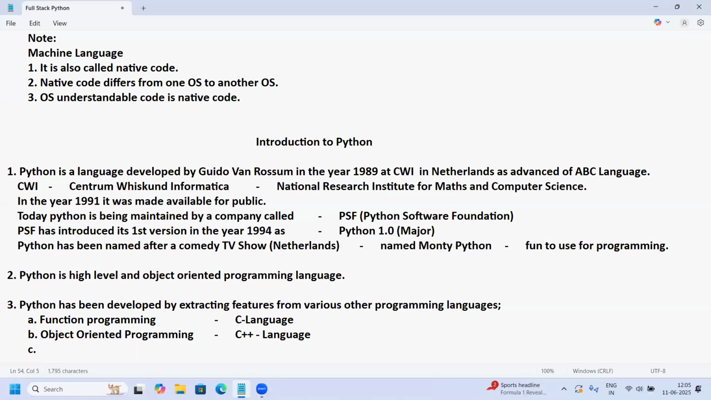Clear? Comfortable? Right? Third line. Python even has support for something called scripting. Python has even support of what? Scripting. This scripting they extracted from two things. One, Perl. From Perl, they extracted scripting and introduced it in Python. Not only from Perl, even from